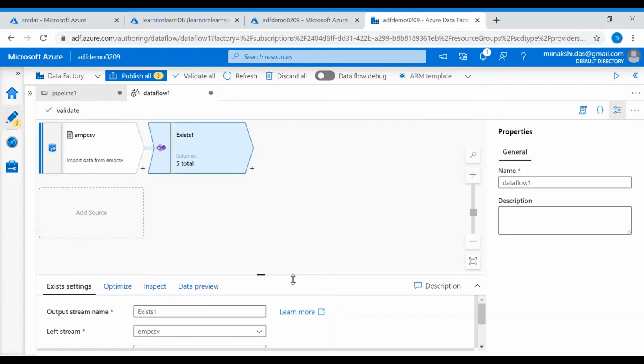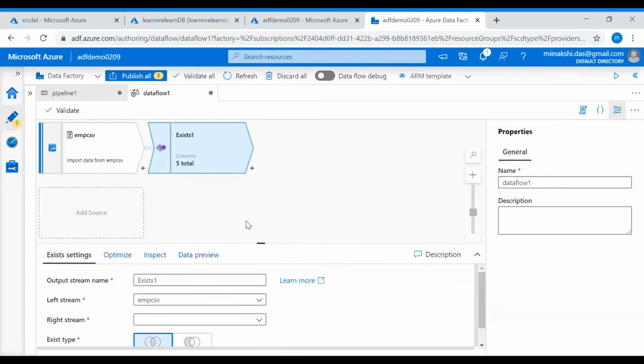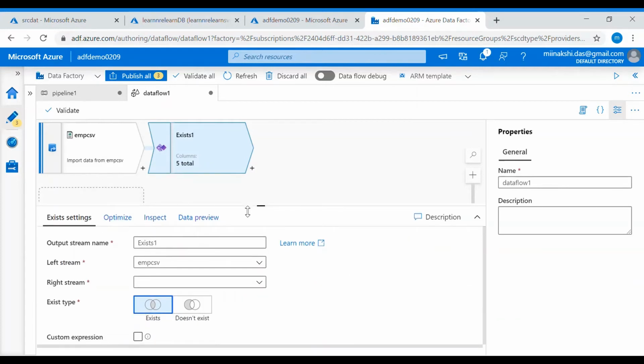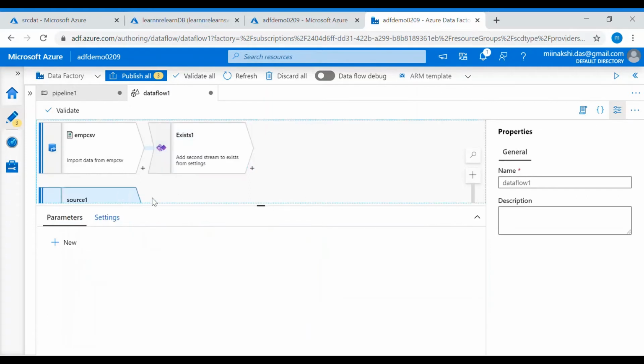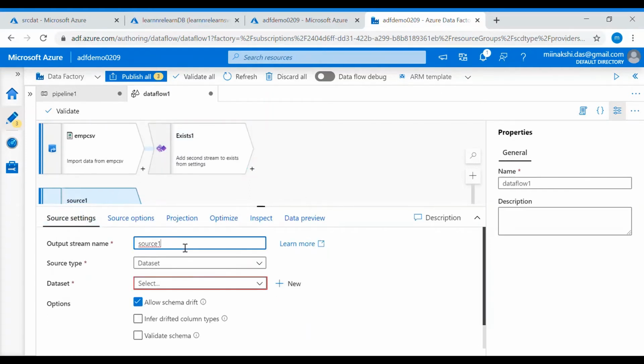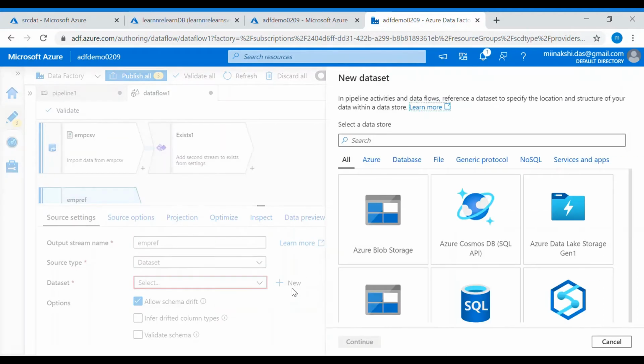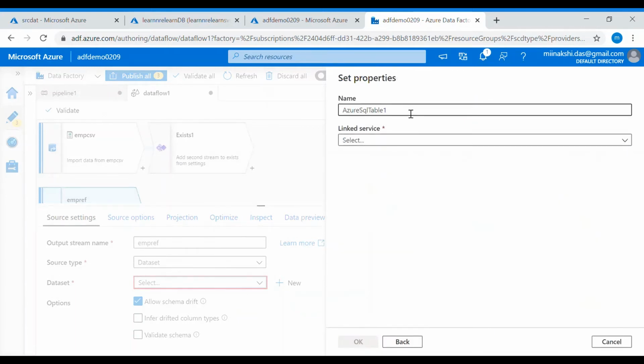So first we are doing the Not Exist. We will check which data does not exist in the destination table. For this we need a reference table, that will be our destination table. Let's take the reference table. Here I am taking the reference table, EMP ref. I am giving it a name. Then the connection string will be our destination table, that is the dimension table we have created in the database.